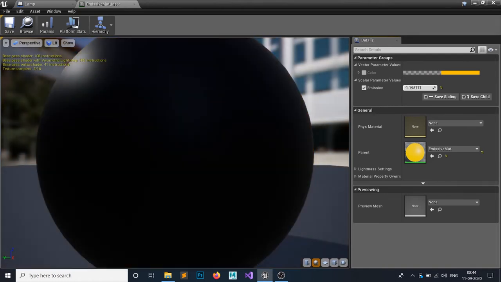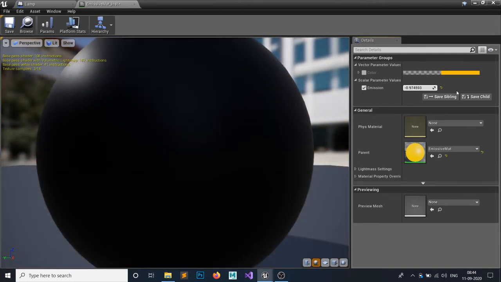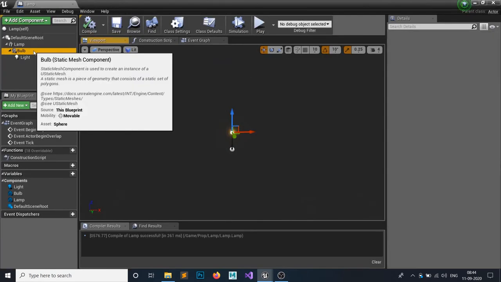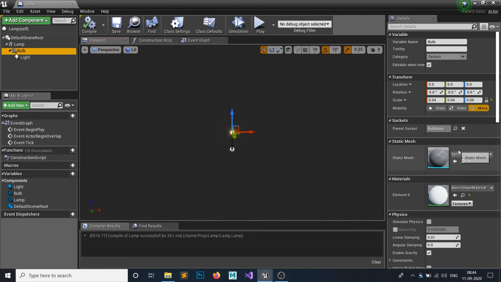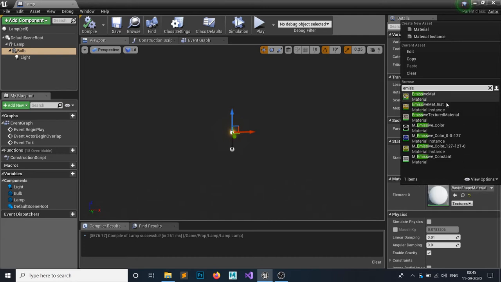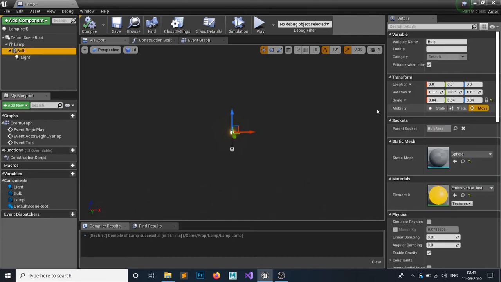And if you decrease it to 0, it won't emit any light. So this is all. And right now click on this bulb, and the material we're gonna set it to emissive material. So emissive material instance, not emissive material. Hit compile, save, and if we focus on our bulb,